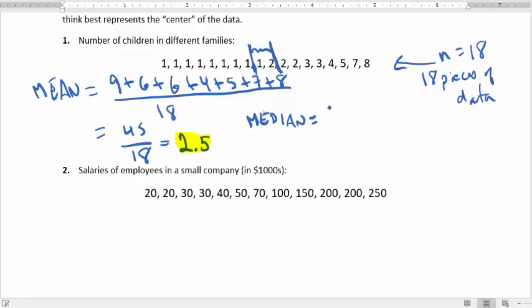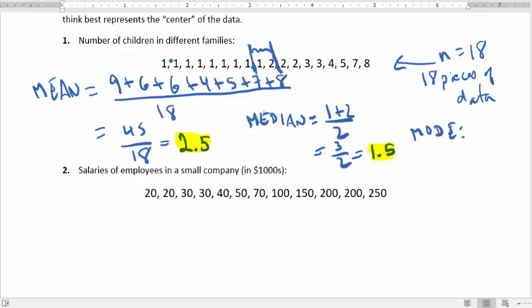So what's the mean of 1 and 2? I would do 1 plus 2 divided by 2, and I would get 3 over 2, so I would get 1.5. So the median in this case is actually going to be 1.5 because there is no actual middle number, right? There's two that are closest to the middle. So that's my median, and my mode